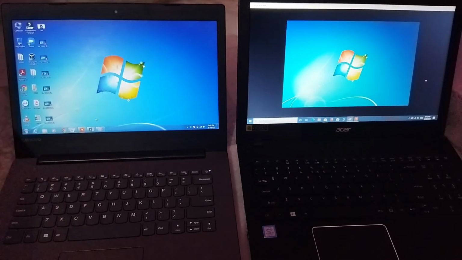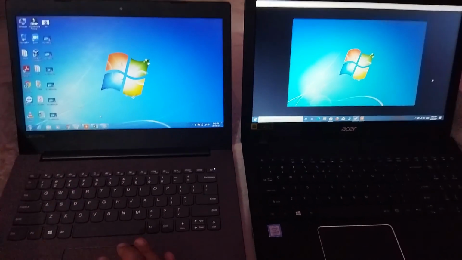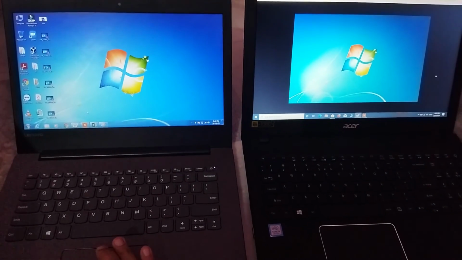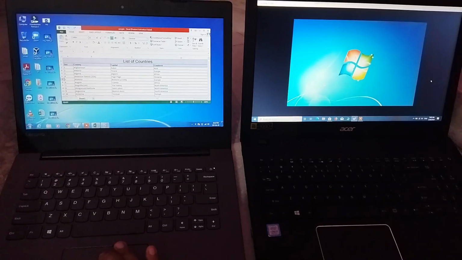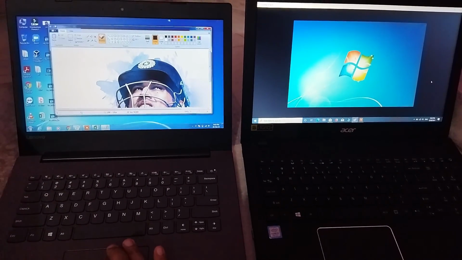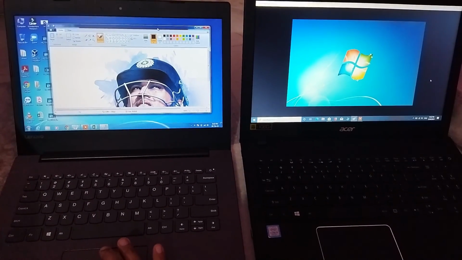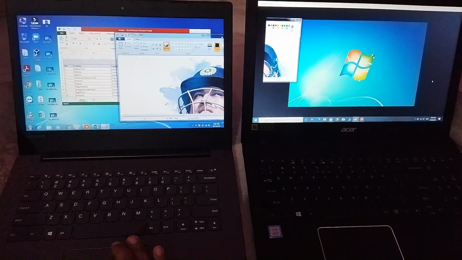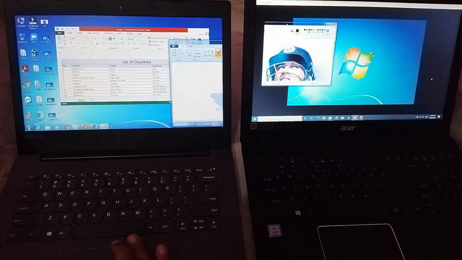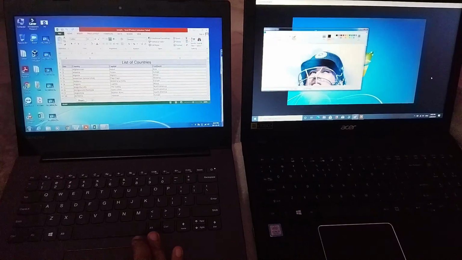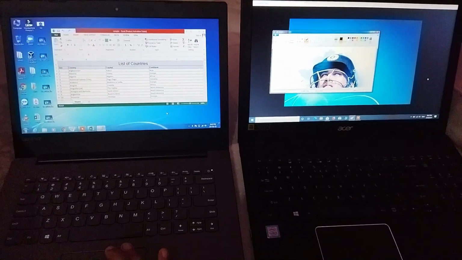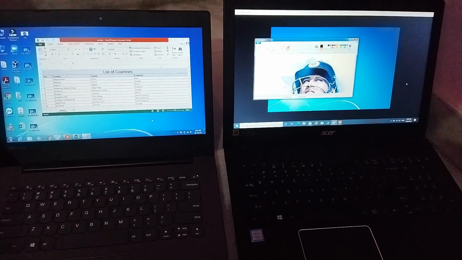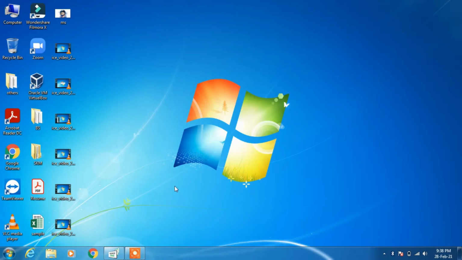And the most important use of this extended screen is that you can now work on two application windows simultaneously by moving the window of the second application to the secondary PC and keeping the application window of the first application on the primary PC, and work easily on both the applications. So this is how you can extend your laptop screen to another laptop screen or monitor.